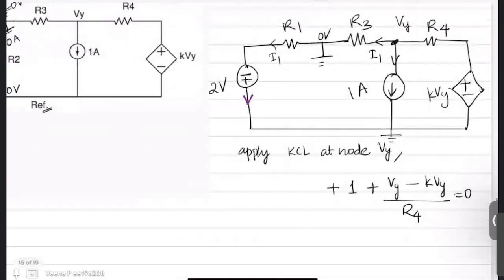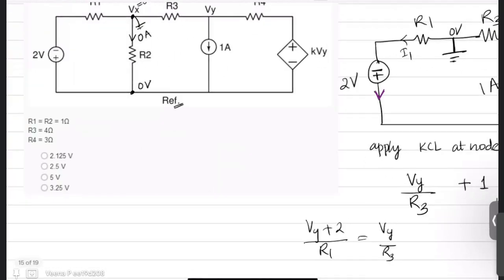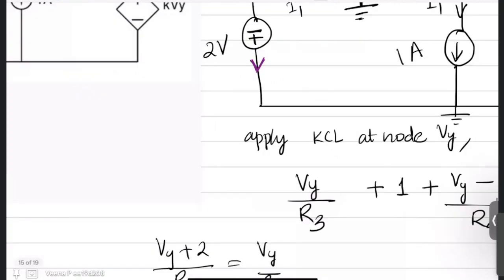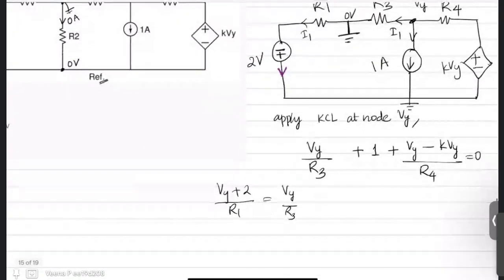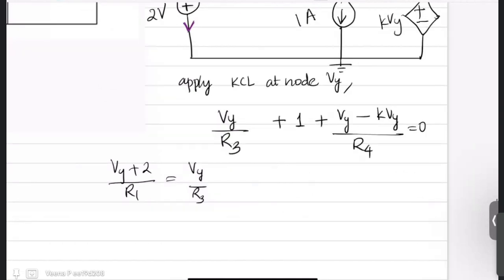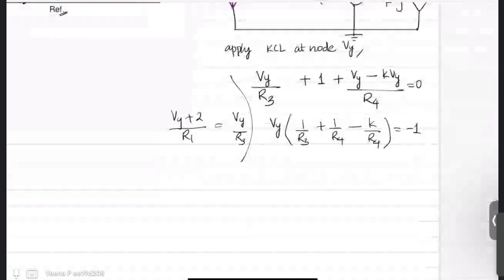Because the same current is flowing, this is Vy by R3. You don't have to write (Vy plus 2) divided by R1. It is same as Vy by R3 because you already know this is 0 volts. Your Vx is 0. So this current I1 is nothing but Vy by R3, or (Vy minus 0) by R3. So I can take Vy common: 1 by R3 plus 1 by R4 minus k by R4 is equal to minus 1, or